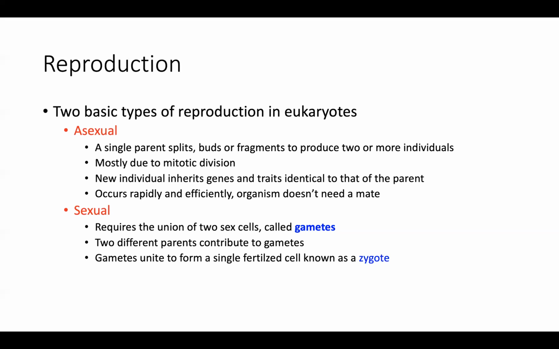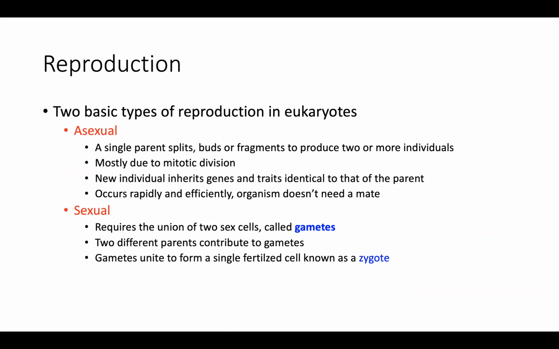And as we'll see as we move through this talk today, there are advantages and disadvantages to both of these methods of reproduction, all right? So for asexual reproduction, we only require one parent. There isn't any mating going on. What we're doing is duplicating our genetic material and new individuals are being created. These new individuals are going to be genetically identical to the parent cell that started.